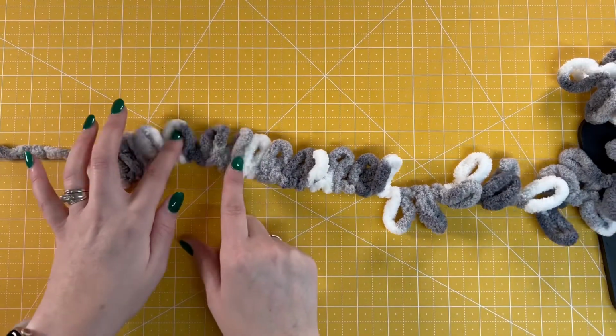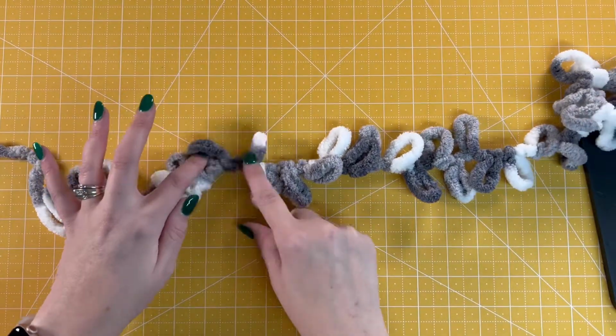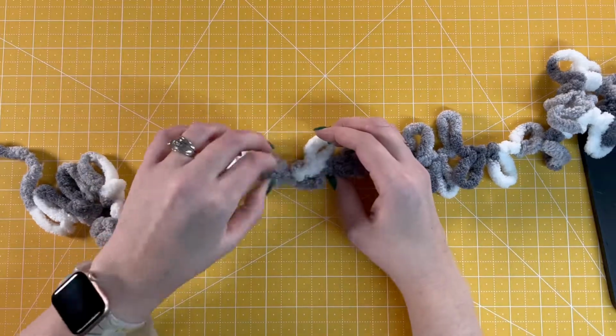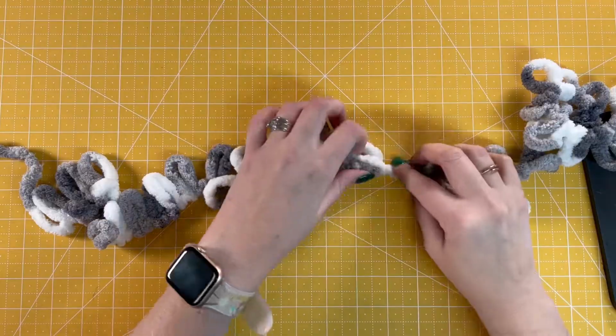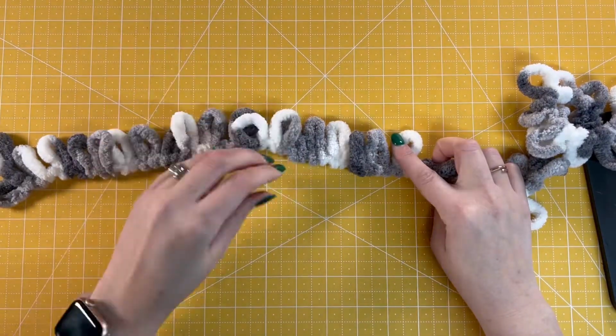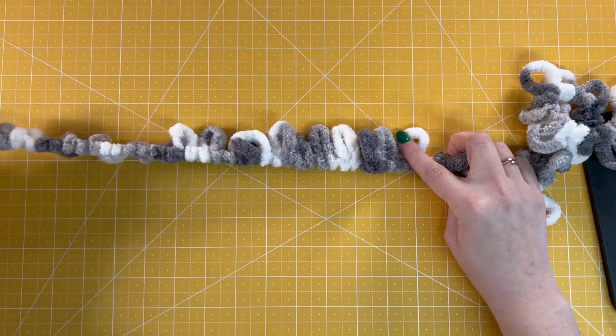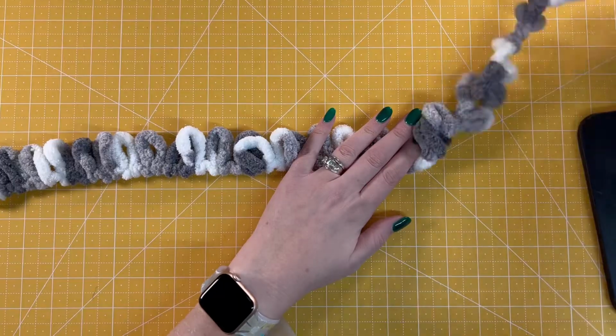1, 2, 3, 4, 5, 6, 7, 8, 9, 10, 11, 12, 13, 14, 15, 16, 17, 18, 19, 20. Okay, so this white one right here is going to be number 20 on my loops. So I have my main row right here, and then I have my working yarn,